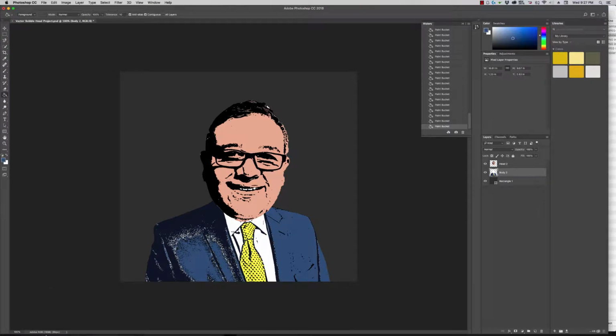Alright, in this tutorial I'm going to show you a simple way to create an image to vector effect using Photoshop. I'm going to show you how simple it is to turn a photo to a vector shape just like you see here in Photoshop. So let's go ahead and begin with your original